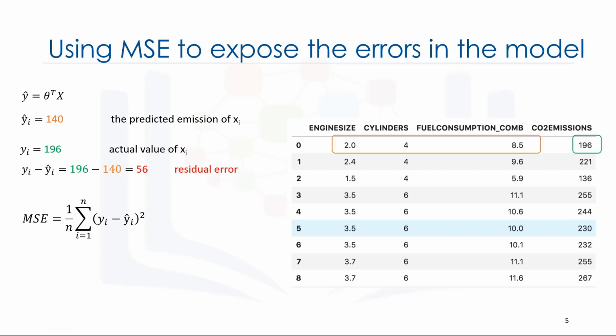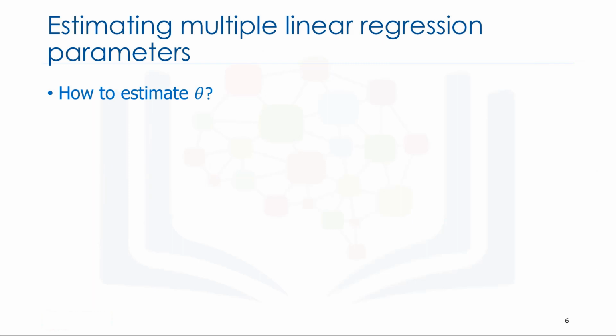But how? How do we find the parameters or coefficients for multiple linear regression? There are many ways to estimate the value of these coefficients. However, the most common methods are ordinary least squares and optimization approach. Ordinary least squares tries to estimate the values of the coefficients by minimizing the mean squared error. This approach uses the data as a matrix and uses linear algebra operations to estimate the optimal values for the